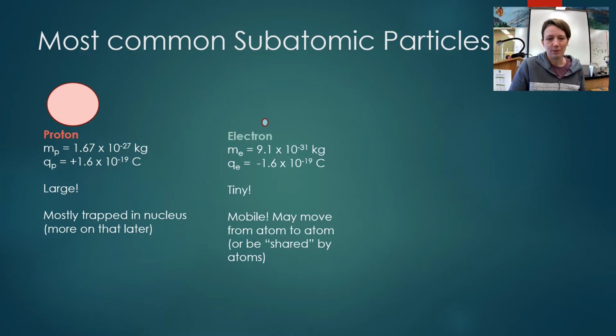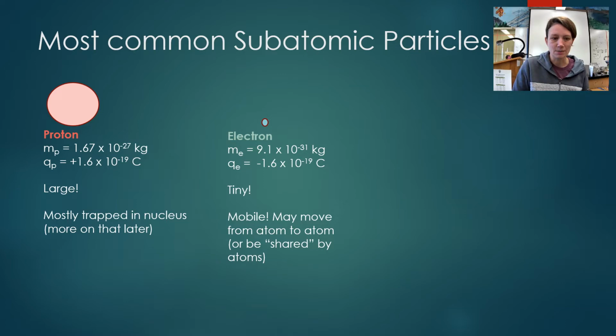The other one we're going to be dealing with a lot is an electron, and the mass of the electron is 9.1 times 10 to the negative 31st kilograms. So you'll notice that's like 4 orders of magnitude smaller than a proton, so really tiny. But the charge is still the same as the proton. It's a negative charge, so we have positive and negatively charged objects, and it's negative 1.6 times 10 to the